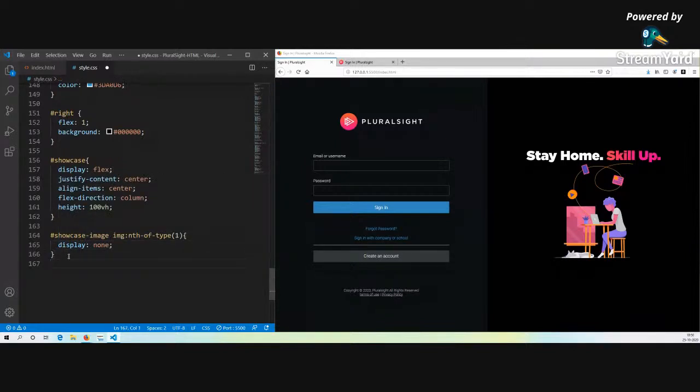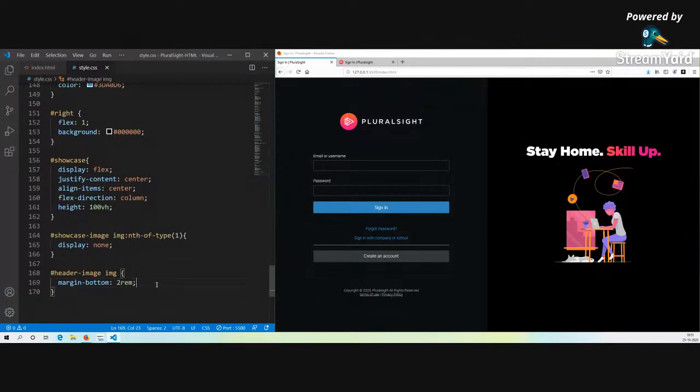margin in it. So hash header image img, margin bottom is 2 rem. I save it. Yeah, margin bottom has been done. So